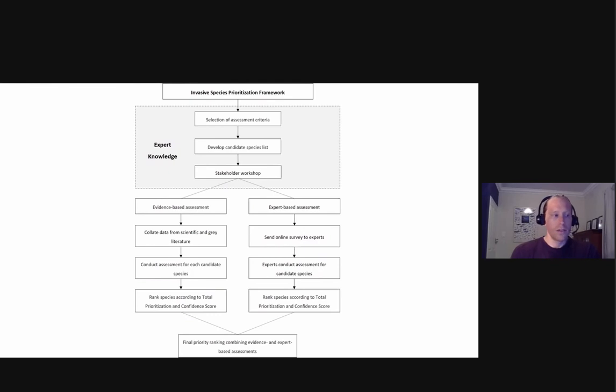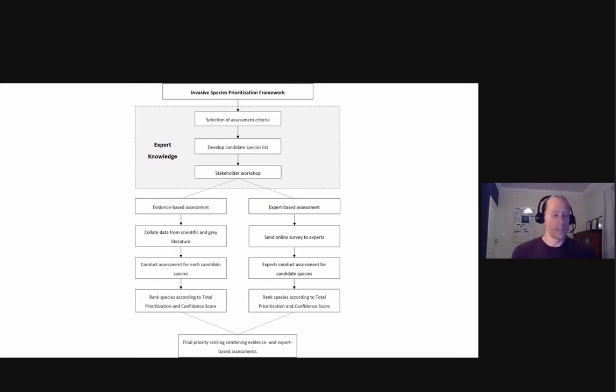Just ignoring the stakeholder workshop box for now, it then diverges into two separate things: what we call an evidence-based assessment and an expert-based assessment. The evidence-based assessment is essentially collating data from scientific and grey literature, conducting the assessment for each candidate species in our list based on what evidence is available in the literature, and then doing the ranking on that basis.